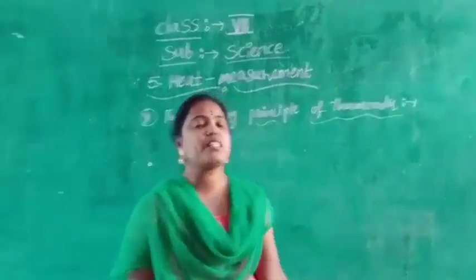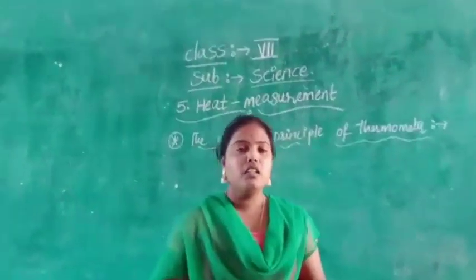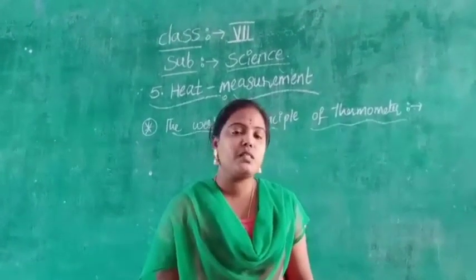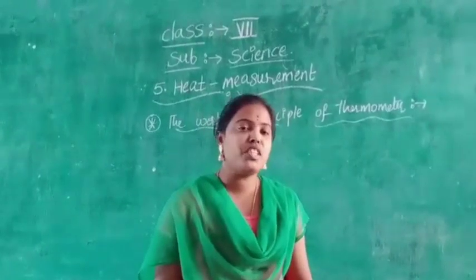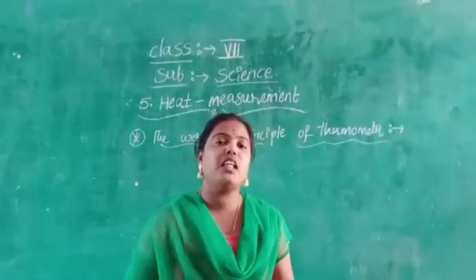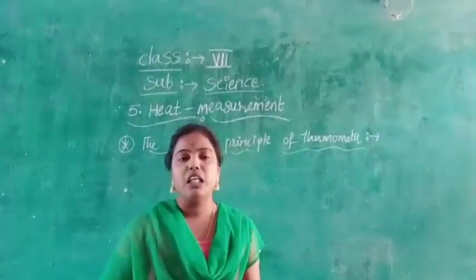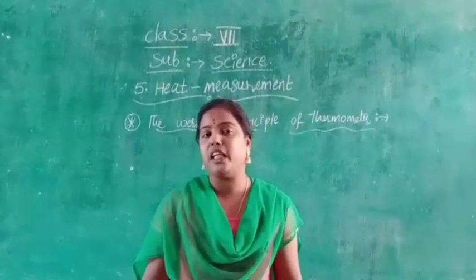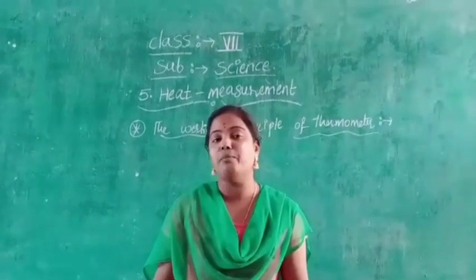Children, we discussed that the thermometer is made of glass and contains mercury. Mercury is normally available in liquid state, but in the thermometer it is present in solid state. When the mercury metal is exposed to heat energy, it starts melting. Then it shows the reading of temperature.